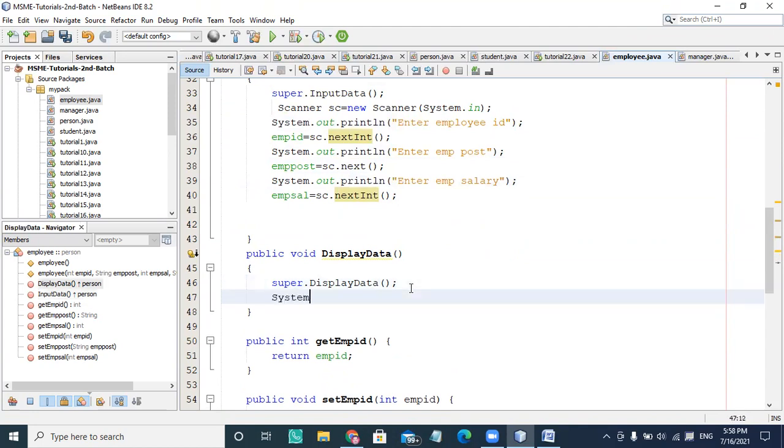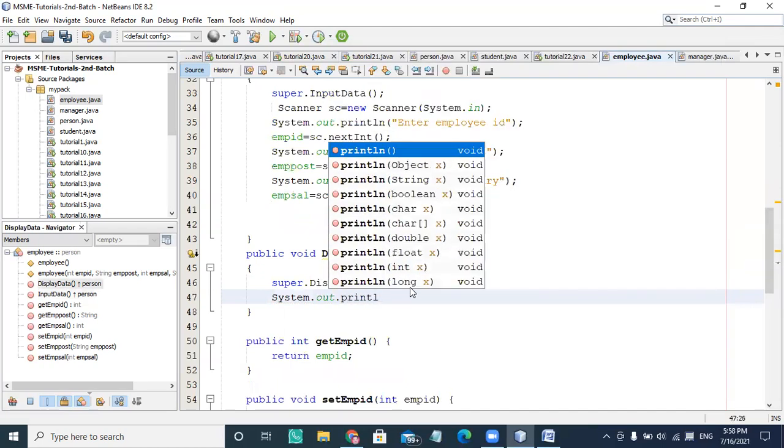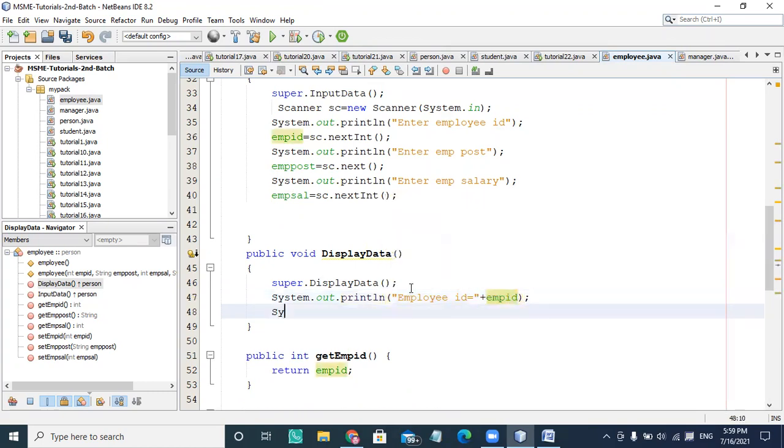And I'm going to take only a single part in the manager, so we understand what the difference is. I'm just printing the employee ID here: Employee ID equal to, plus EMP ID. So this is the way you can display the output.